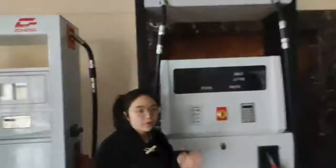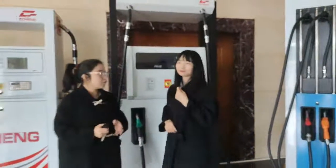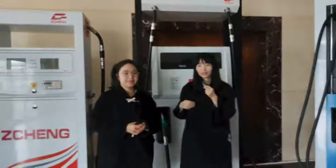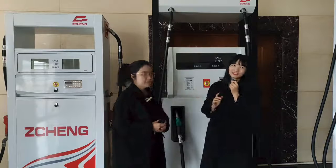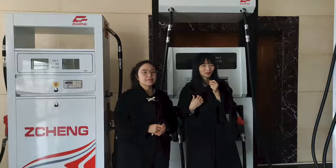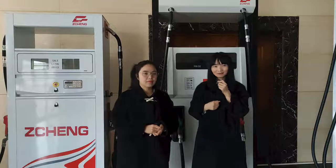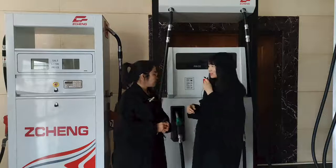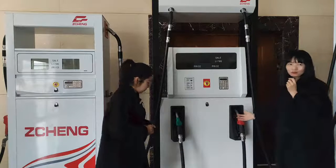This one is very useful for some filling stations, maybe with self service. If he is new, he can check the instructions clearly, and this one can help him to fill at a quick time, at a faster time. And here we can see this machine also has two nozzles, but